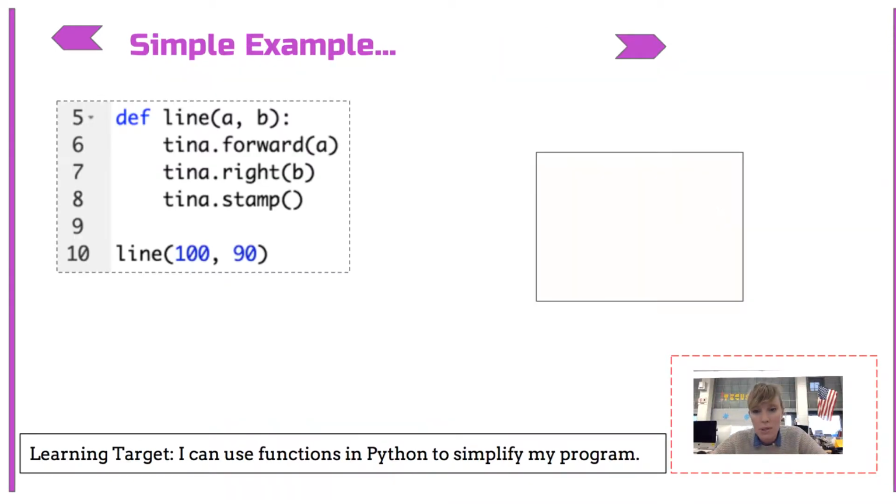Okay, let's talk about a pretty simple example here. So we have a little short function here, and the name of it is called line. All it does is it goes forward, it stamps, it turns right, and it stamps. Okay, so we're gonna use this example and go over every part of it so that you understand how we